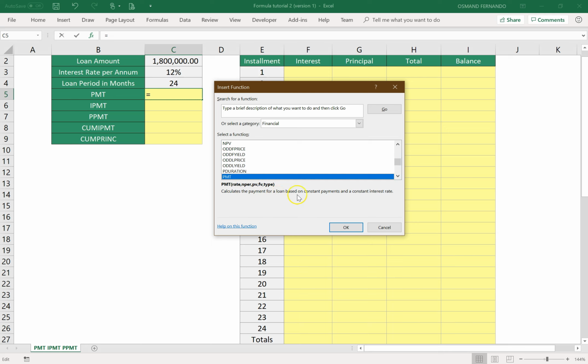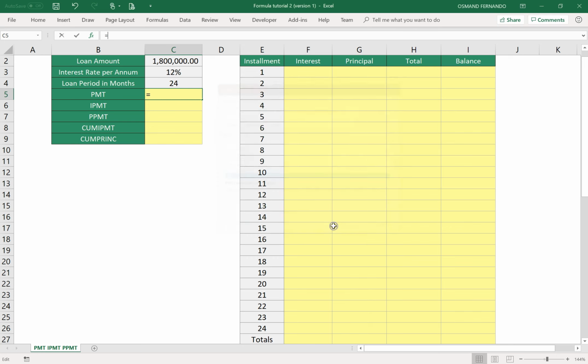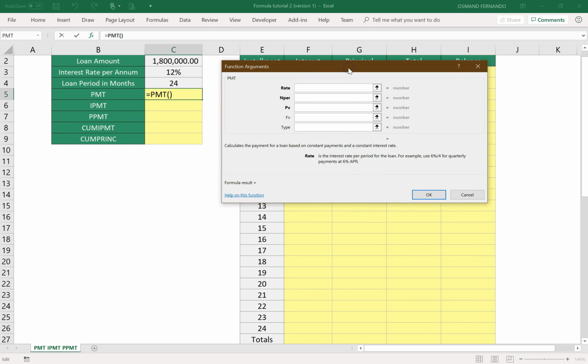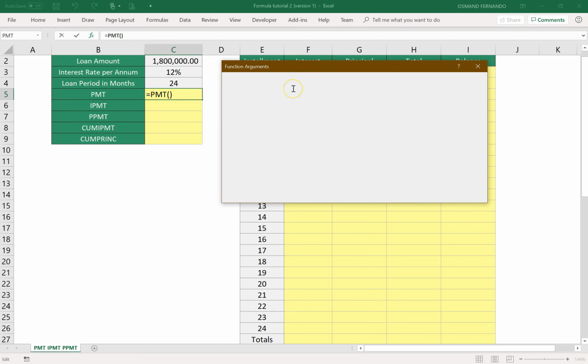Calculate the payment for a loan based on the constant payment for a constant interest rate, right? Click OK. From this window it is easy to understand. Rate: first of all you have to select the